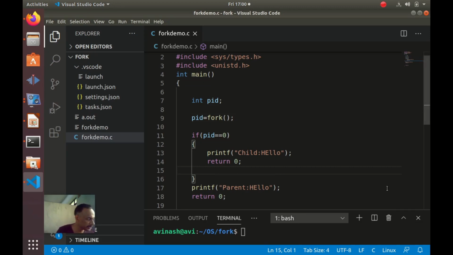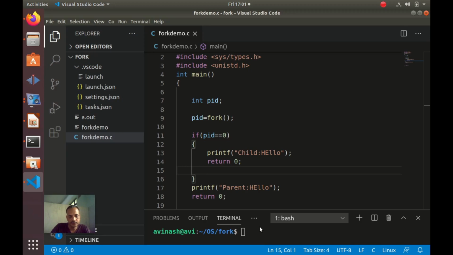The programming you can do in the normal gedit editor also, or you can use VS Code. In gedit you have to compile the program on the terminal. In VS Code also you will get the terminal, but my suggestion is to use VS Code for the programming, because later when you get a job or go for project implementation, you will require some advanced editor. You can't type everything in Notepad.